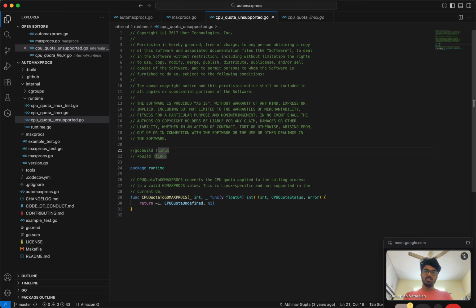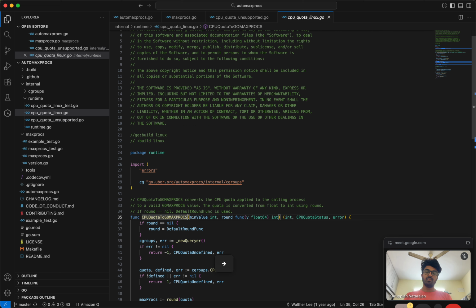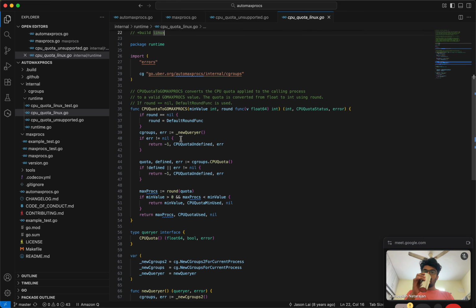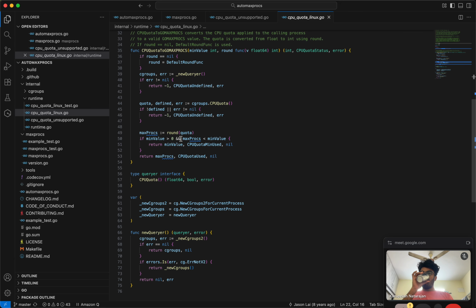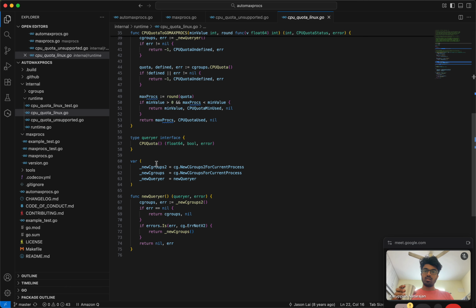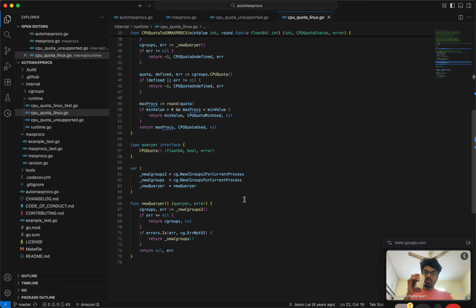I think in my case it's not Linux, that's why. I have to set it up as Linux, then it will come here. So this is for Linux only, and that's why it's called unsupported and all of them. So current process.